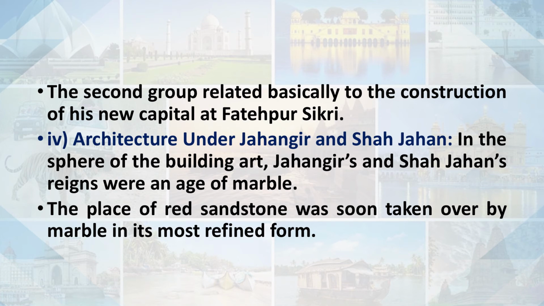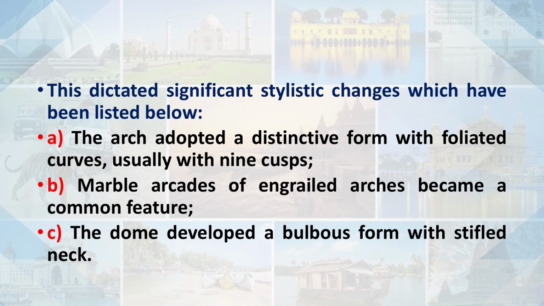Architecture under Jahangir and Shah Jahan. In the sphere of building art, Jahangir and Shah Jahan's reigns were an age of marble. The place of red sandstone was soon taken over by marble in its most refined form. This dictated significant stylistic changes, which have been: the arch adopted a distinctive form with foliated curves, usually with inner cusps,